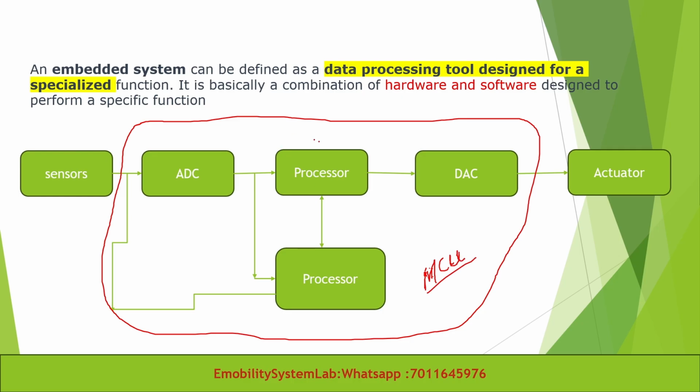So first, this is the part of the microcontroller. I told you the internal working process of the microcontroller. Understood? This is your temperature sensor. Here is an analog signal, and this analog signal will be converted into a digital one, and the digital signal will go into the processor, and the processor will understand the sensor's value. Okay, so basically a processor will not be directly connected to the